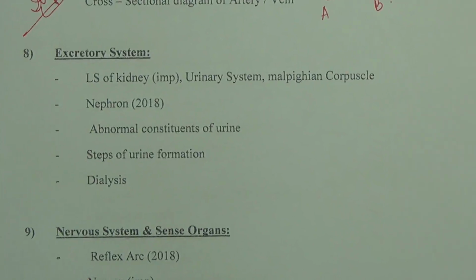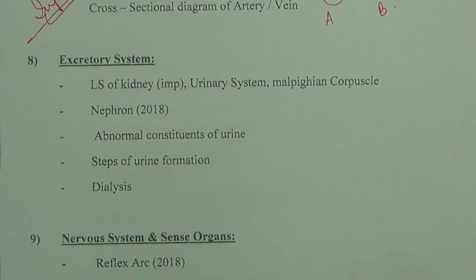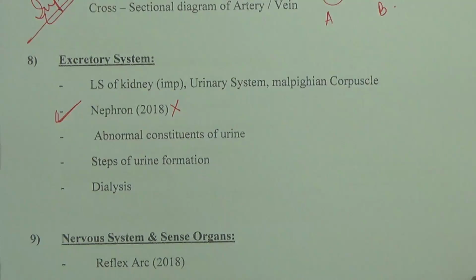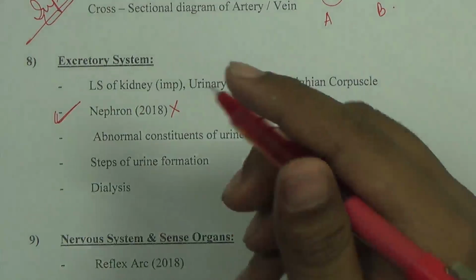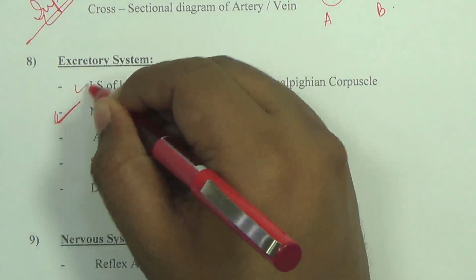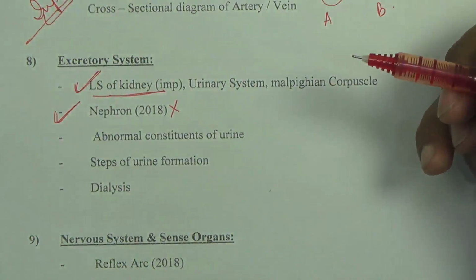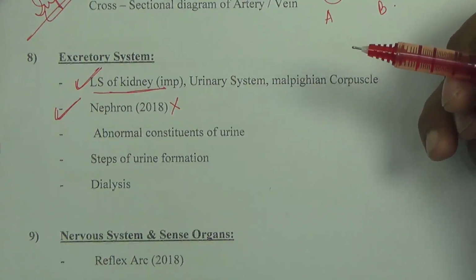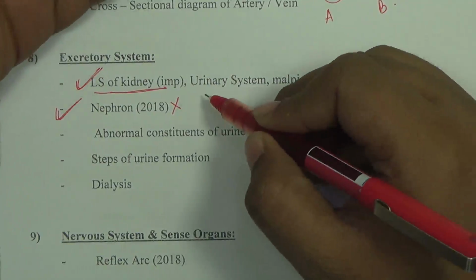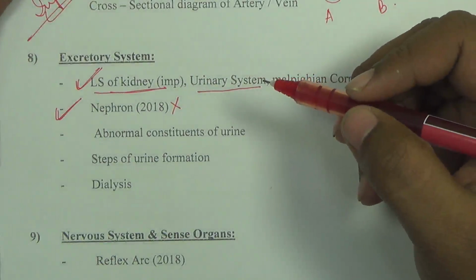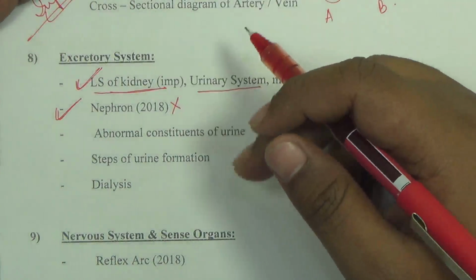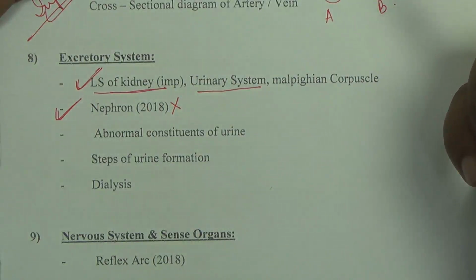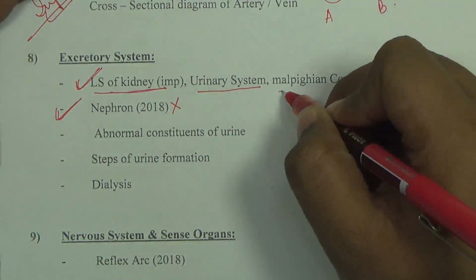Next, excretory system. In excretory system, you need to understand that nephron, the diagram of nephron, it was there in 2018, so you need not practice it. For this year, the LS of the kidney, this diagram might be given, and you might be asked 5 questions or 4 questions related to kidney, or they can give you a full diagram of the urinary system in which you have 2 kidneys, 2 ureters, 1 urinary bladder, etc. Right? And they might ask you few questions from there as well,